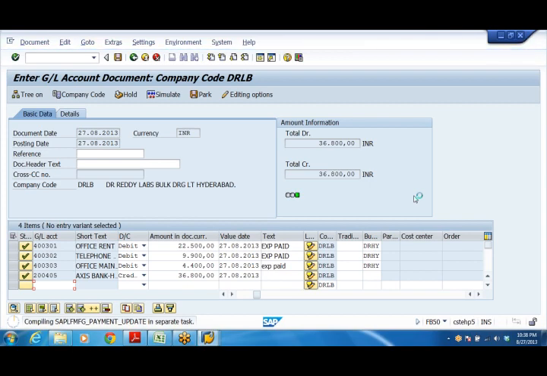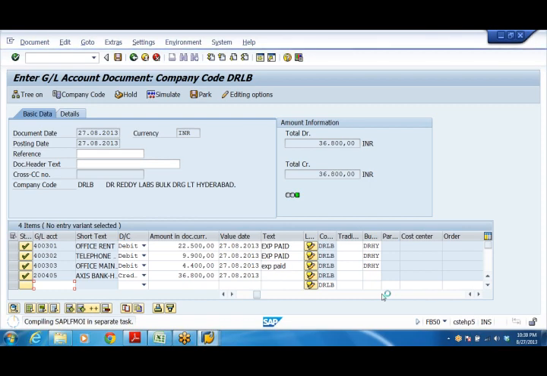I don't understand what the system is doing for posting a small entry, because we have already posted this kind of entry. I'm surprised. I think if it is the first time, it will take some time, but is it not the first time? Because we are posting in company code DRLB, it has already been posted.